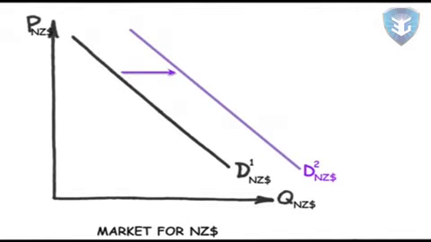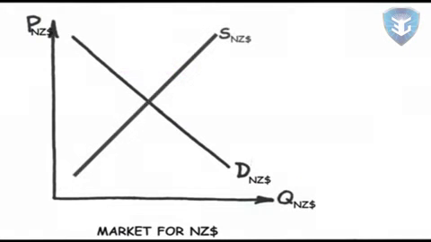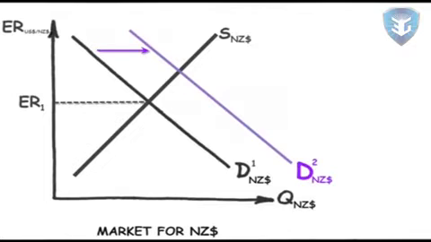Now, let's go back to the idea of the foreign exchange market, with the New Zealand dollar being the foreign exchange. Initially, there's a certain supply of New Zealand dollars and a certain demand. The equilibrium price in this market is called the exchange rate. Okay, now let's throw the increase in demand for the New Zealand dollar into the picture. What happens to the value of the New Zealand dollar as more tourists travel there or as more U.S. companies invest? As with any commodity, when the demand for the New Zealand dollar increases, its value increases.